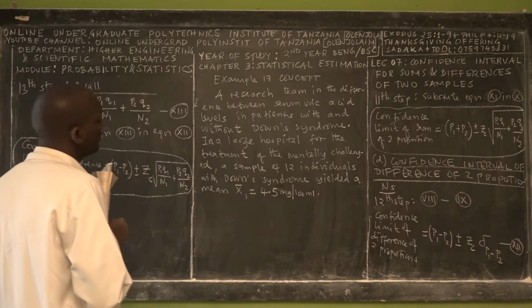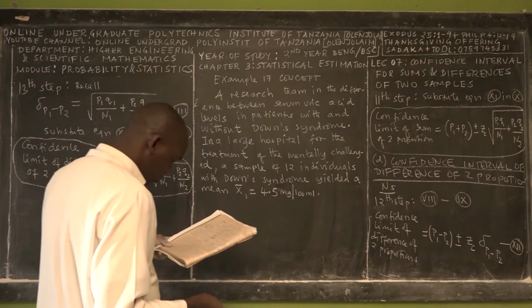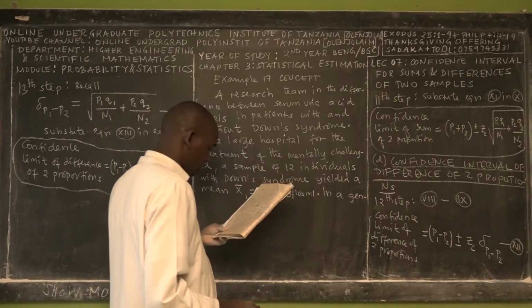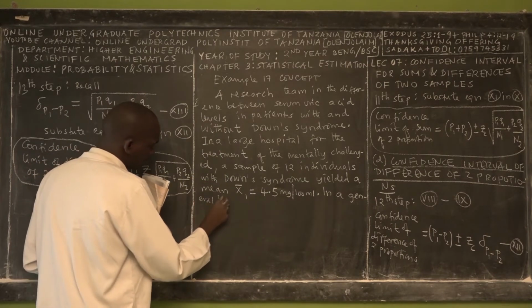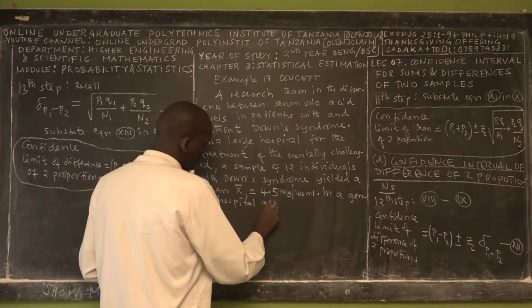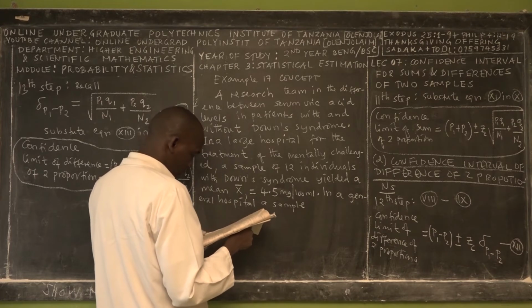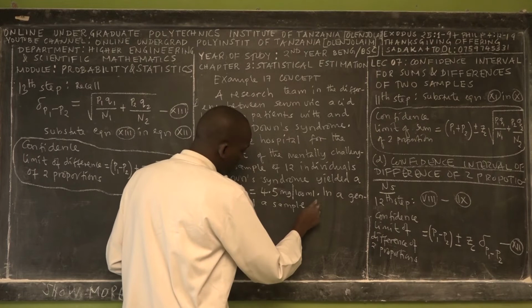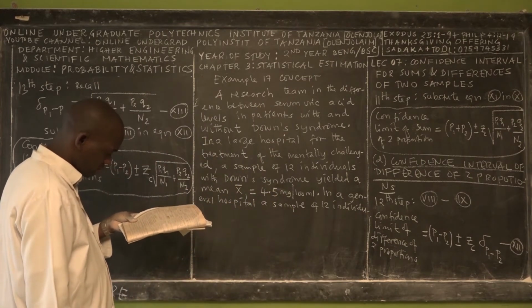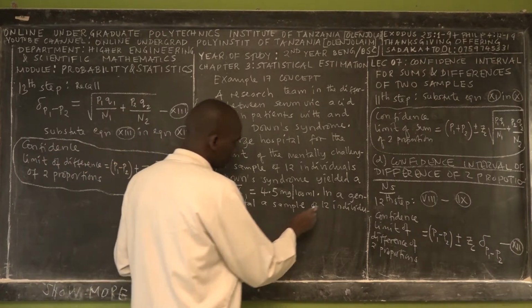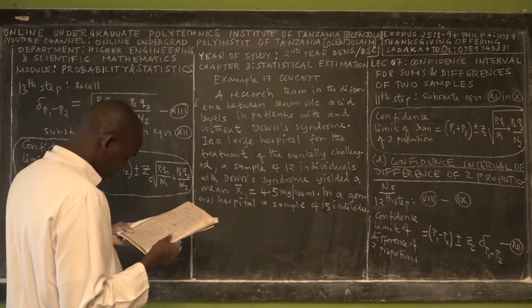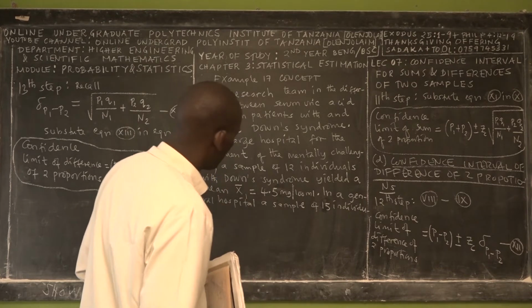That is a finding in a large hospital. The finding in the general hospital, a sample of 12 individuals, sample 15. Sample 15 of normal, sample of 15